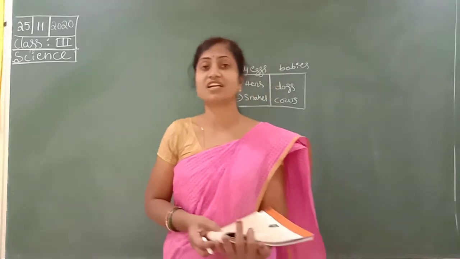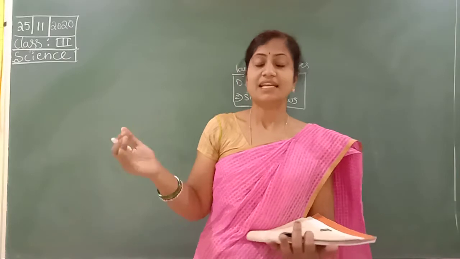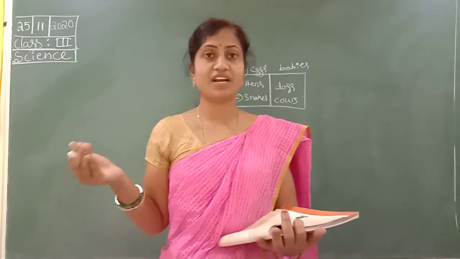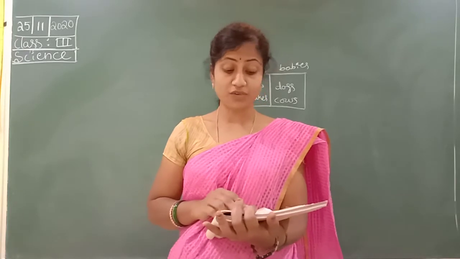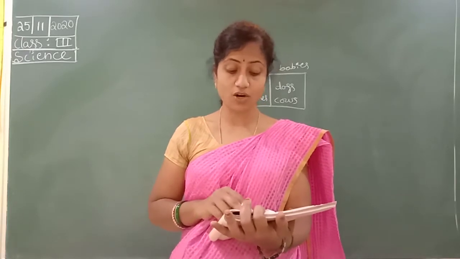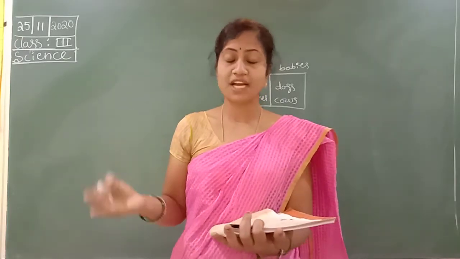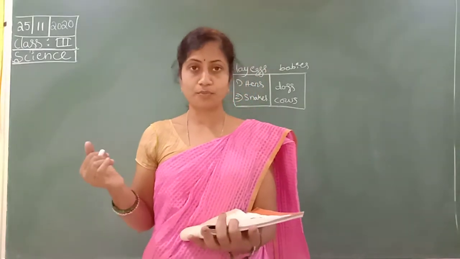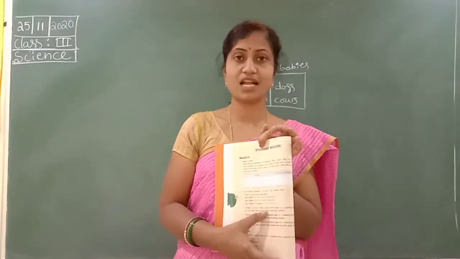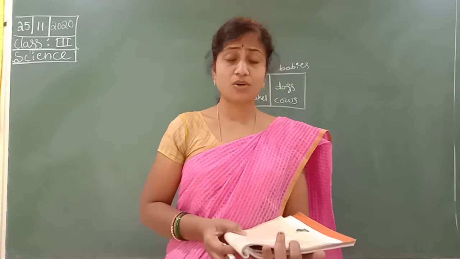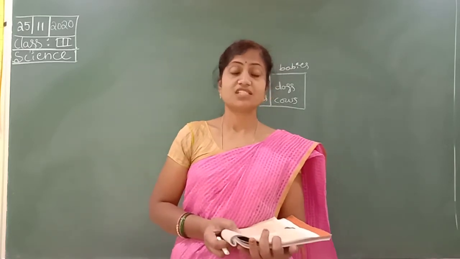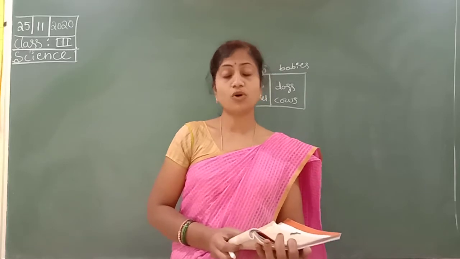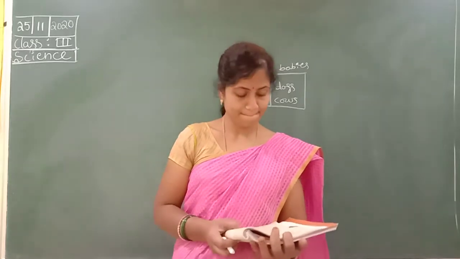For example, in our class there are 30 members, so it is 10, 10, 10. Like that you have to divide into A group, B group, C group. Here, roll numbers 1 to 15, 16 to 30, 31 onwards. Like that, green group, red group, another one blue group. Here like given now. Right now we are not in our classroom, so you have to do all the groups' work by yourself.